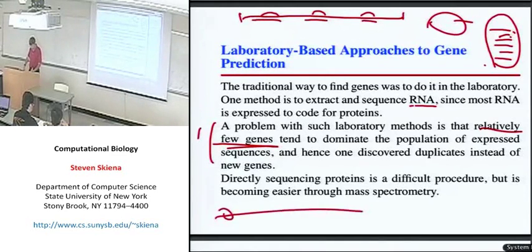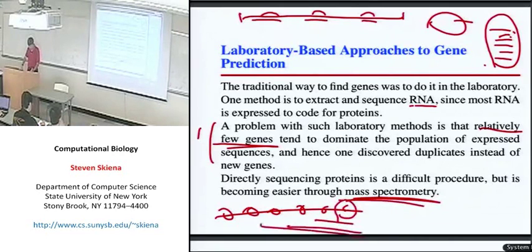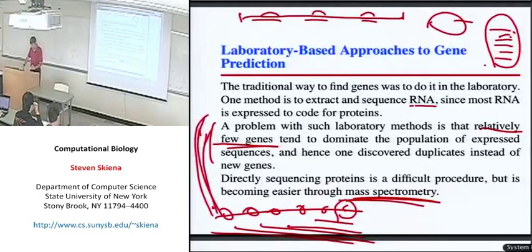Another question might be, is there a way of sequencing amino acid sequences directly? It turns out there are experimental approaches to that through something called mass spectrometry, which takes molecules, fragments them, and then determines the weight of the parts. Then, given a vector of weights, you try to figure out what the amino acid sequence had to be. These give you some information, but they're expensive, they're clumsy, and they don't give you as much